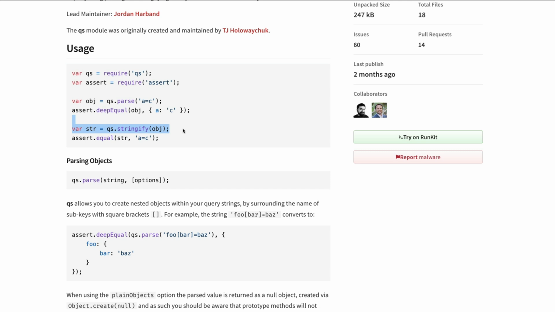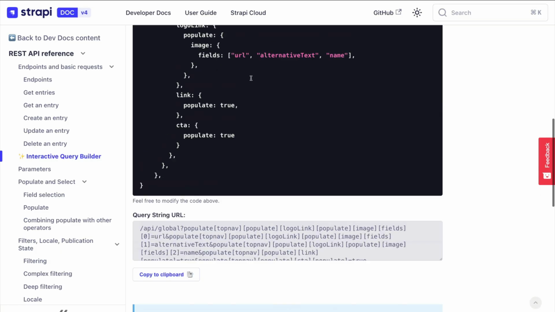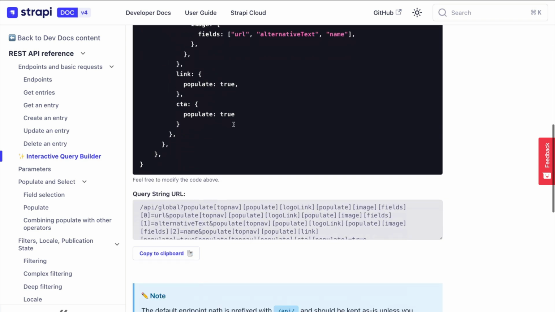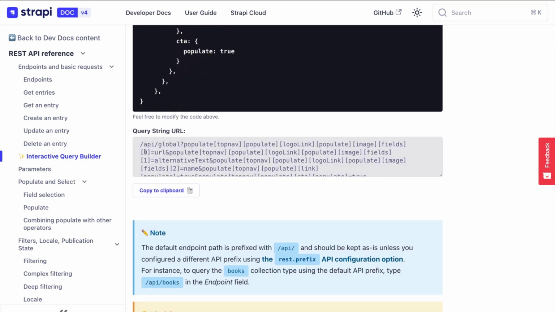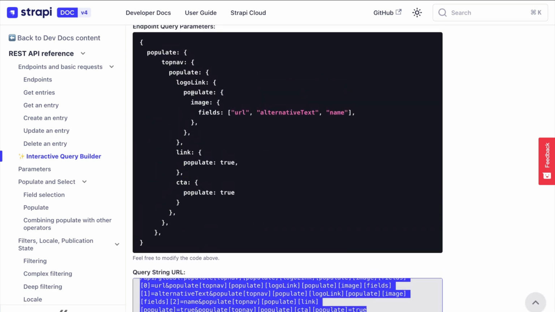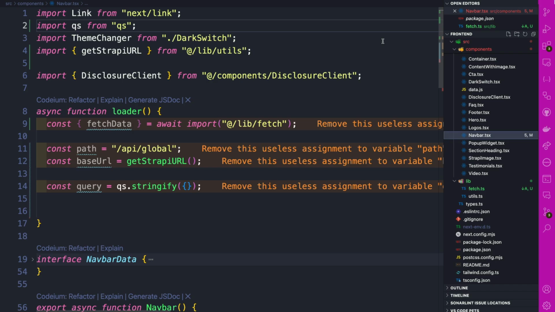Here you could provide an object and it will convert it into a query string, similar to what we saw here in our interactive query builder, where it's returning this string. So instead of having to type the string manually, we're using the QS library to help us do that. So go ahead and copy this previous query that we constructed, and back in VS Code, let's go ahead and